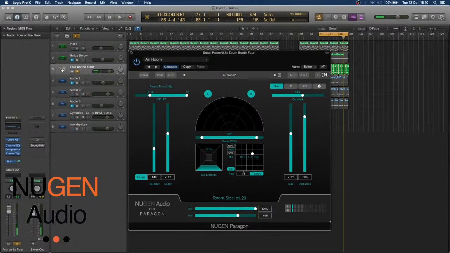Apologies, I do believe this stream is in mono, so the stereo width control might not be coming through